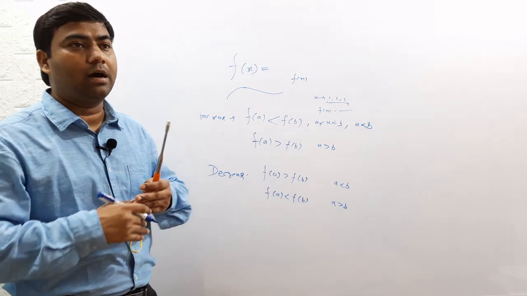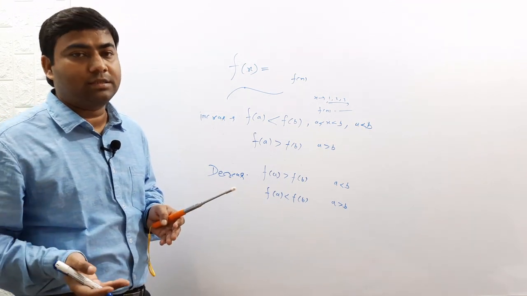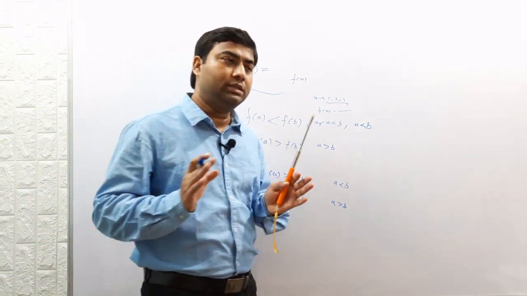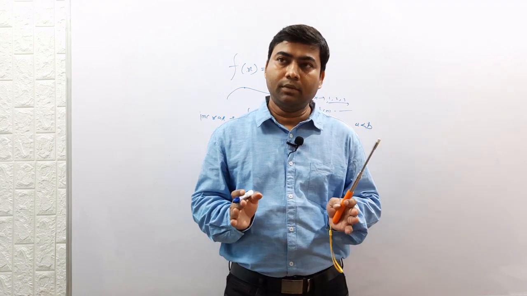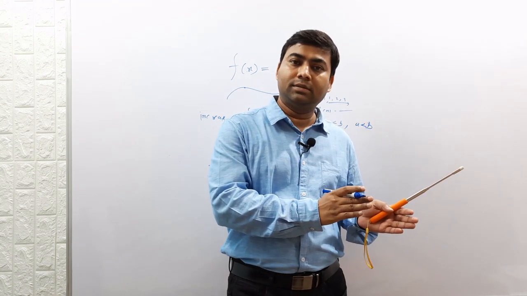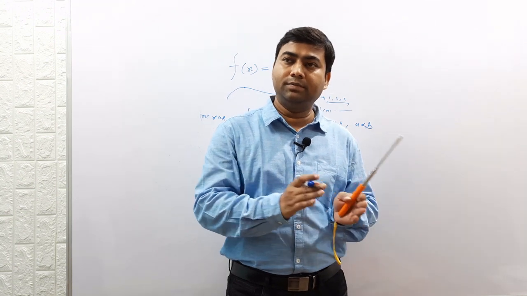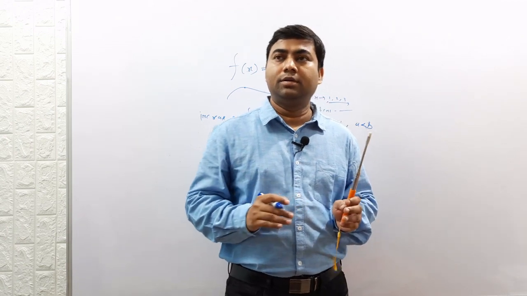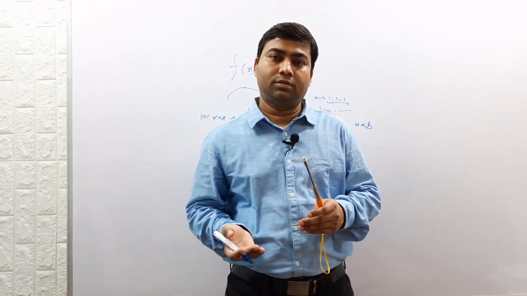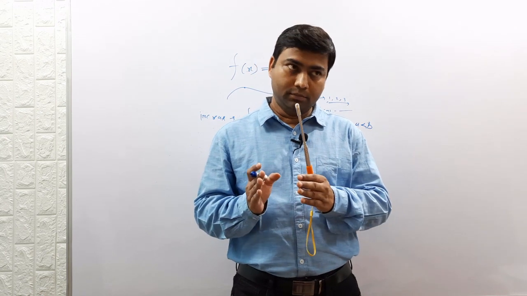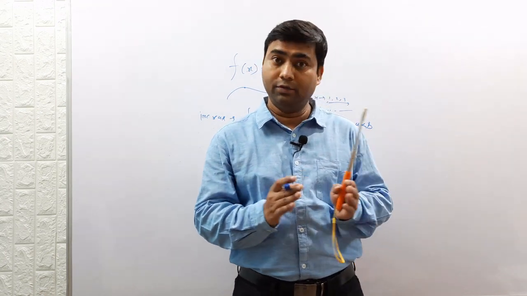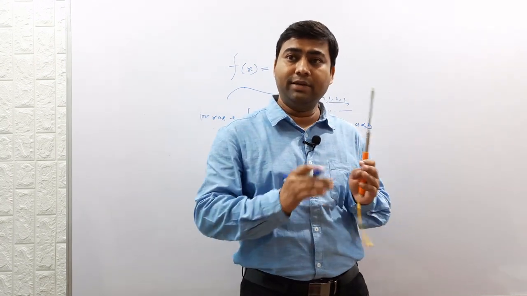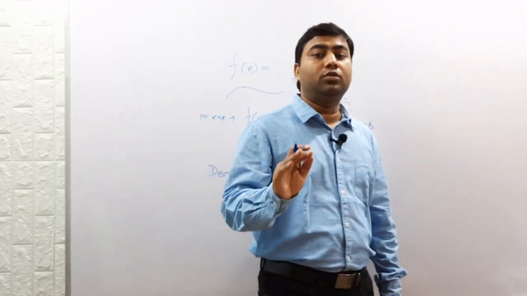That means f(a) is behaving opposite to the trend of x, the dependent value, then it is called a decreasing function. So in short, you can just remember, when the function increases with increasing value of x, and decreases with decreasing value of x, then it is called an increasing function. And when the function behaves opposite to the trend of x, for example, the value of x is increasing but the value of the function is decreasing, or the value of x is decreasing and the value of the function is increasing, then it is called a decreasing function.